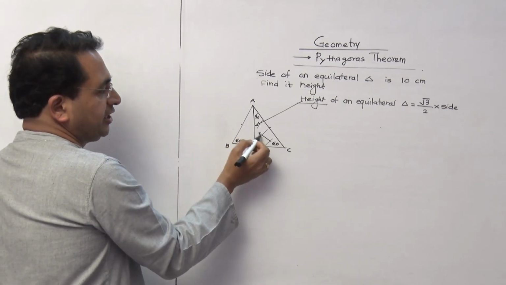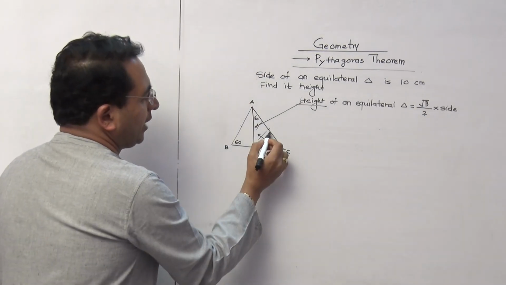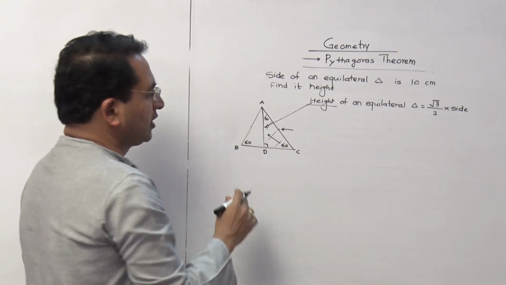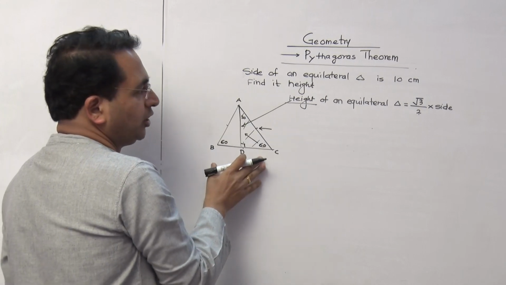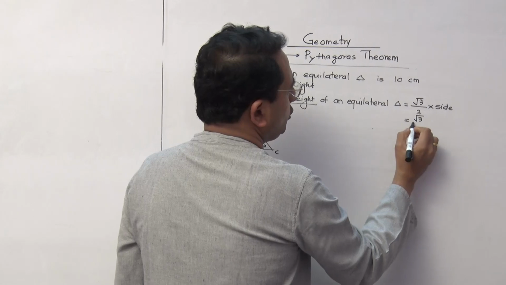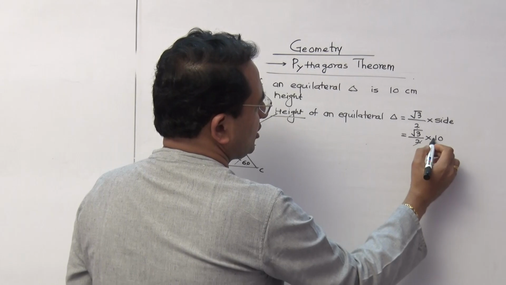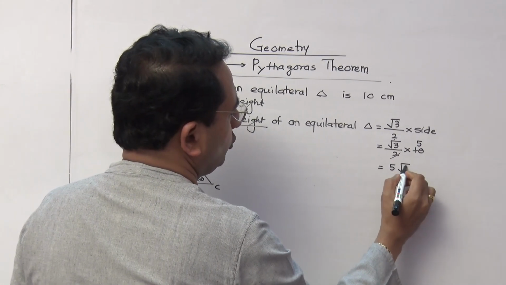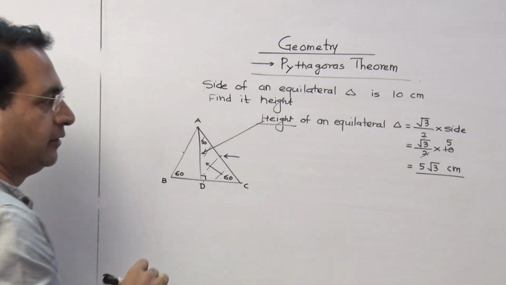So the triangle we observe here is a 30, 60, 90 triangle, and therefore this height is opposite to the 60 degree angle. And opposite to 60 degree is nothing but √3 upon 2 times the hypotenuse, and hypotenuse is nothing but the side of the triangle. And therefore instead of doing all these things which are really time consuming, you should write the direct formula. It is √3 upon 2 times the side. Side is 10. Now there is basic cancellation, whatever is possible. So your answer is going to be 5√3 centimeter. This is the height of that.